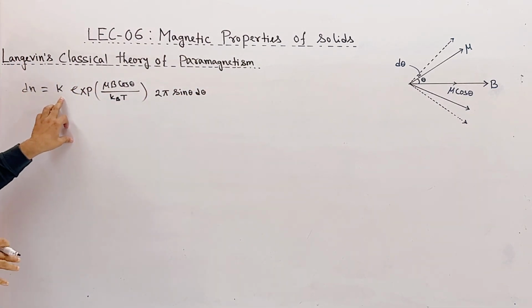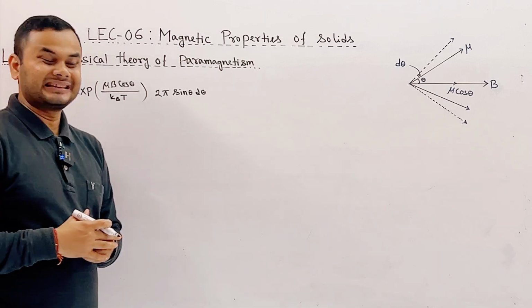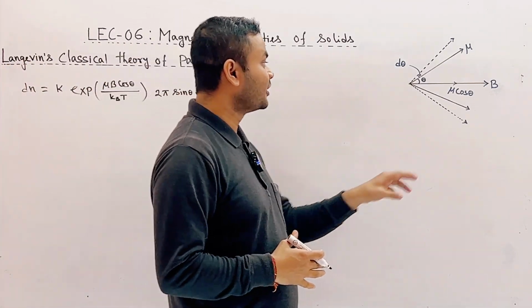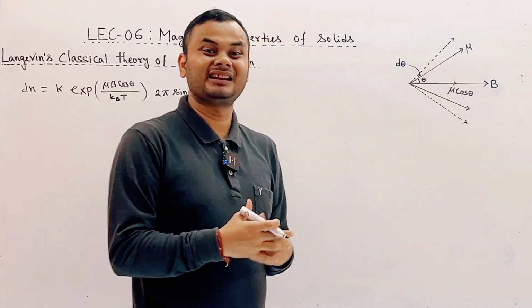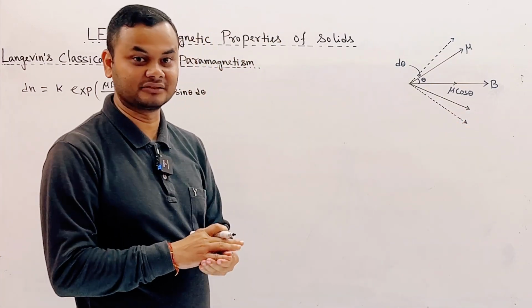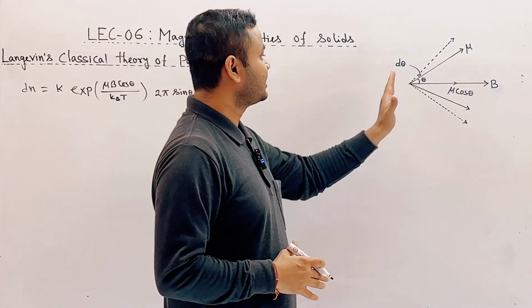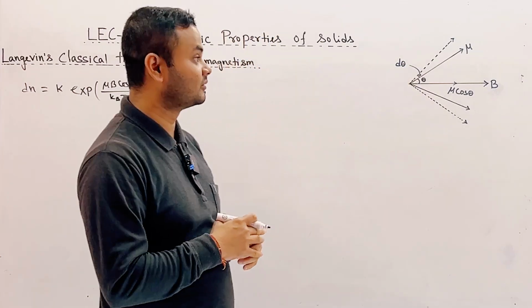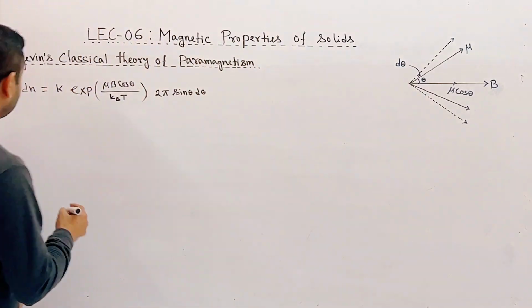Here k is a constant. One important point is that all the magnetic dipoles will contribute a component of mu cos theta, which is parallel to the magnetic field, to the magnetization, whereas the components perpendicular to the magnetic field, that means mu sin theta, will be cancelled out. Now let me write these points,